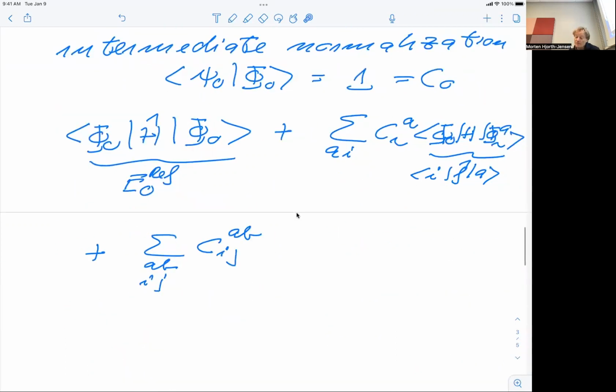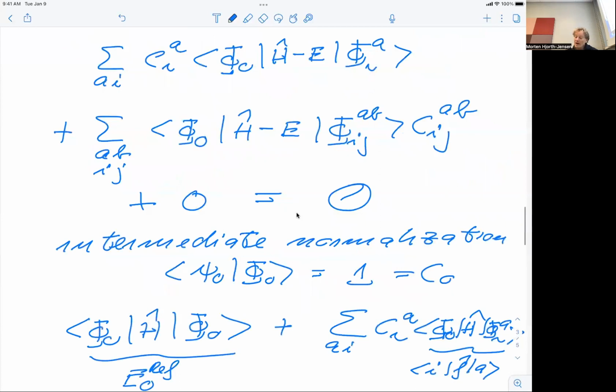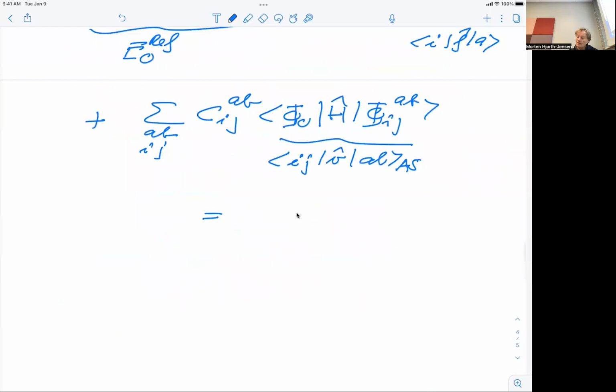So I'm just left with the term of phi 0 of H of phi ij AB. And this is also something which we know. So we can calculate this one or we can tabulate them. This is the same as this anti-symmetrized matrix element, like this. And then what I did, if you now look back at the left-hand side of the equation, I moved this term over to the right-hand side. So that this is actually just equal to E,